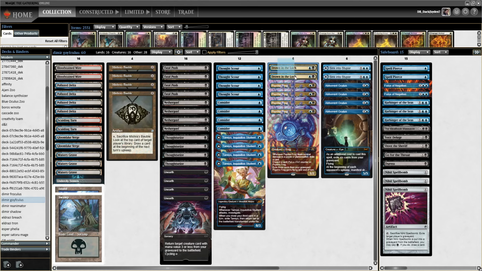Also got Drown in the Loch in this version. Drown in the Loch works so much better with Thoughtseizes. And in this deck you need to use your spells in the starting turns to get rid of all these creatures like Tamiyo, Goyf, Frog, and Unearthed Oculus and similar. So Drown in the Loch is guaranteed to be very good in this build, and we can go down in the number